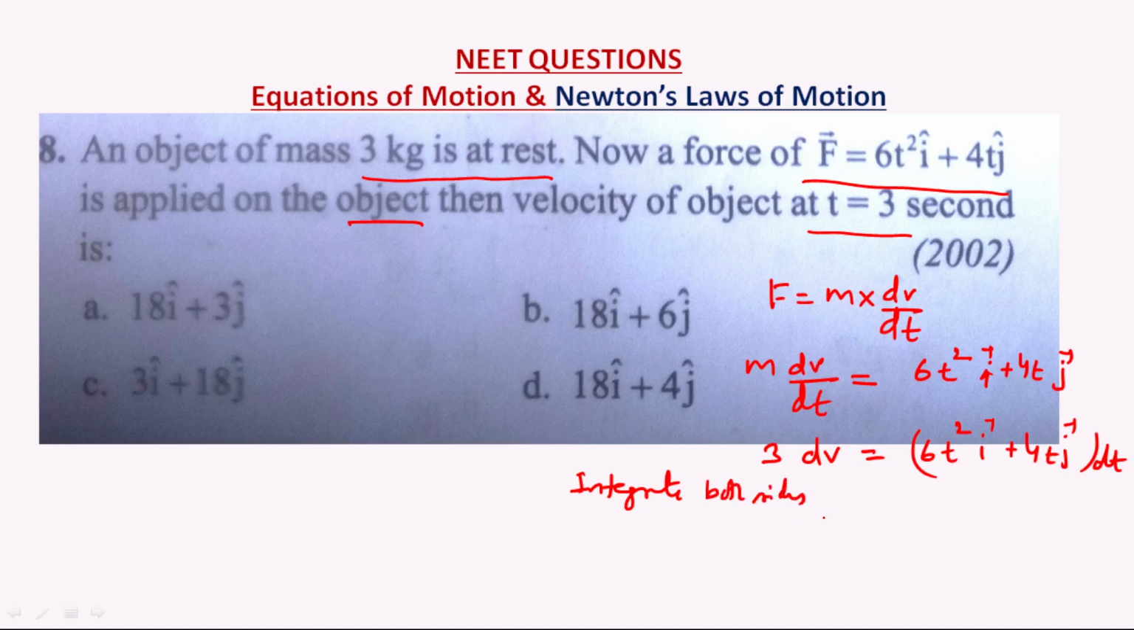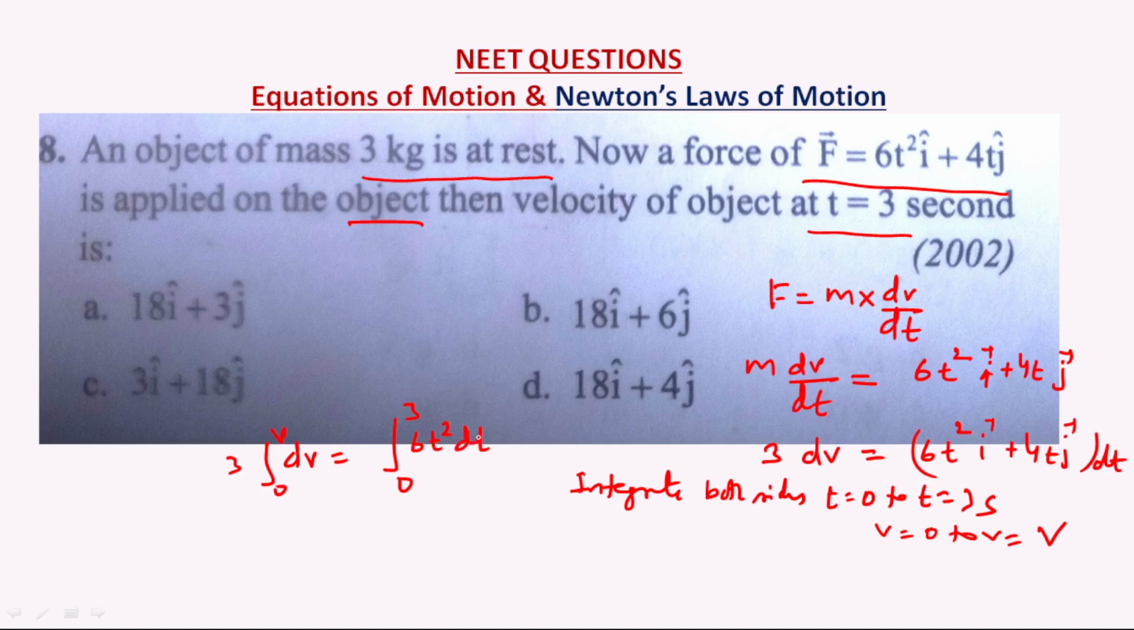Integrate both sides. This integration is not an indefinite integral, it is a definite integral. So t is equal to 0 to t is equal to 3 seconds, and v is equal to 0 to v is equal to v only. So this one will become: integrate 0 to v dv is equal to 0 to 3